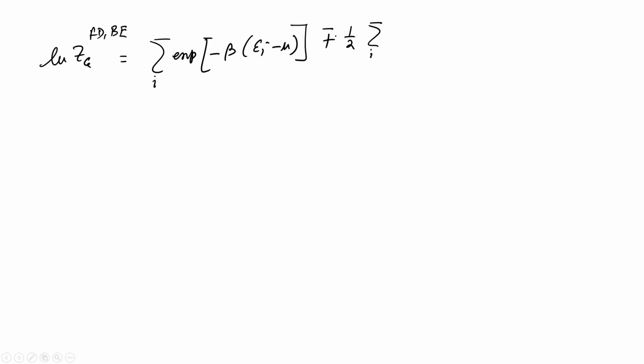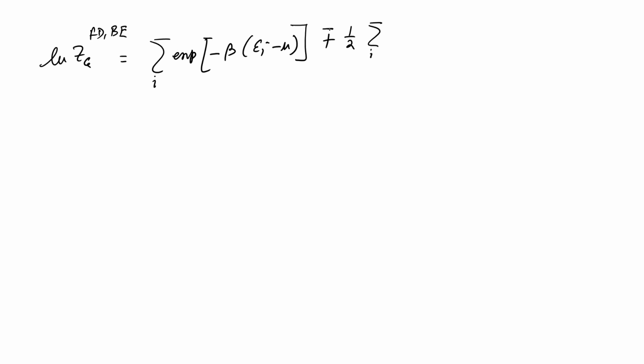minus plus, because initially the plus sign was for fermions and minus for bosons, but then the first term in the expansion is minus. So, it sort of acquires another minus sign. So, for fermions it is minus and for bosons it is plus. The top one is for fermions and the bottom one is for bosons. Okay. So, this is understandable, and this is exponential minus 2 beta epsilon i minus mu and so on. These are other terms, which we neglect.